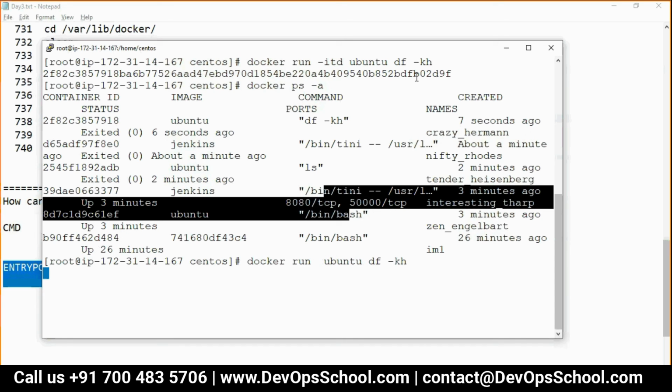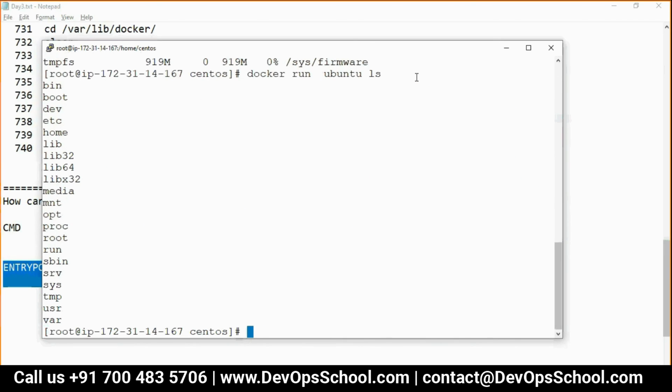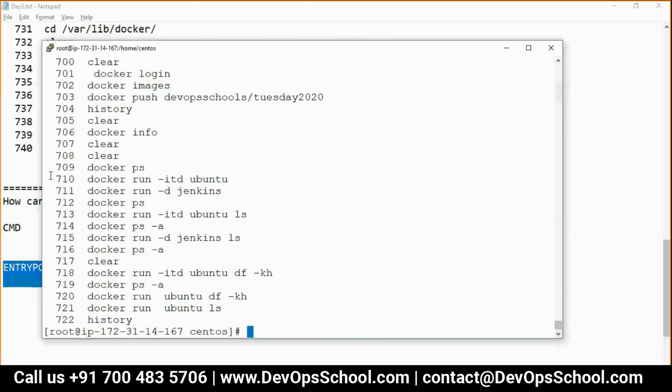Okay, now it will display. Got it. Yeah, just on the fly. If anything needs to be put up on the fly, then you can do it.